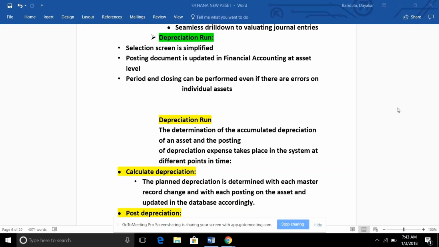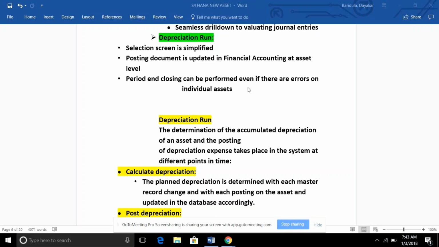Also, when you run the depreciation, it is calculated and posted at asset level. And period end close can be performed even if there are errors. For example, if there are errors for some assets, earlier in the classic system you were not able to move forward.